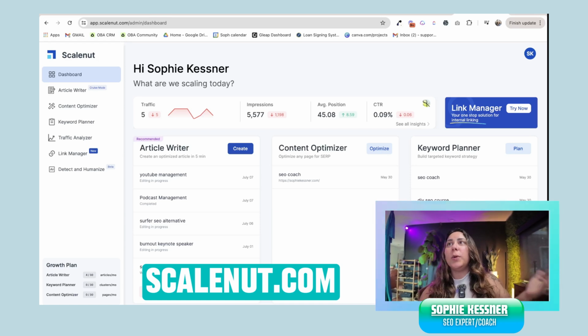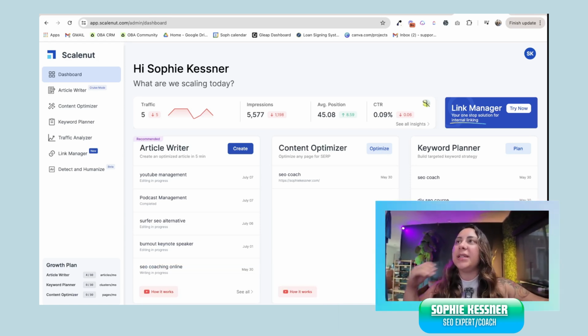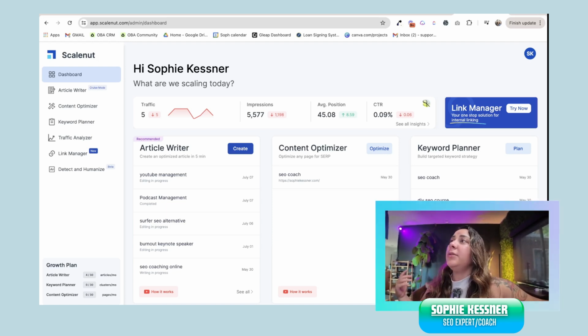Scalenut is a newer platform. It's definitely something I'm not as familiar with. I've just started using it more recently to get a feel and see what else is out there. So with the first thing on the dashboard, you're going to notice it's a little bit different, whereas the Surfer